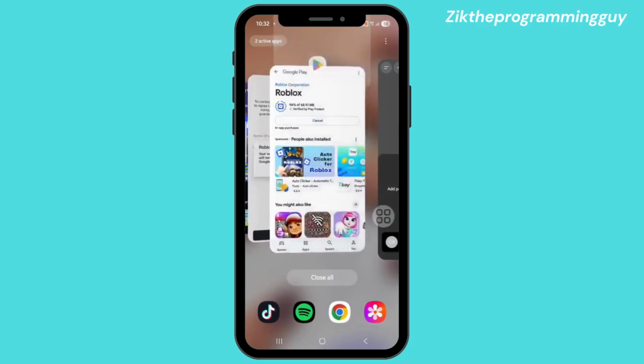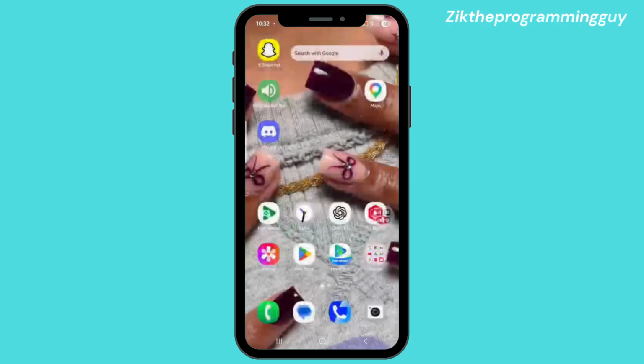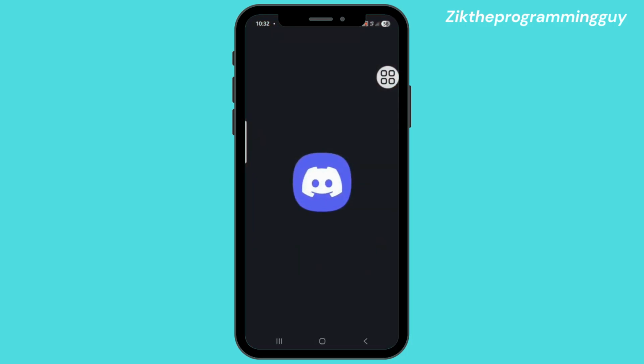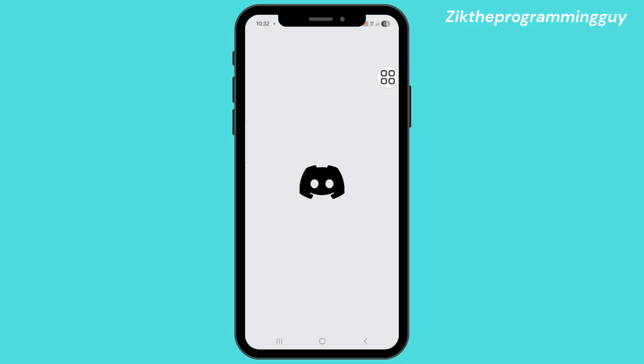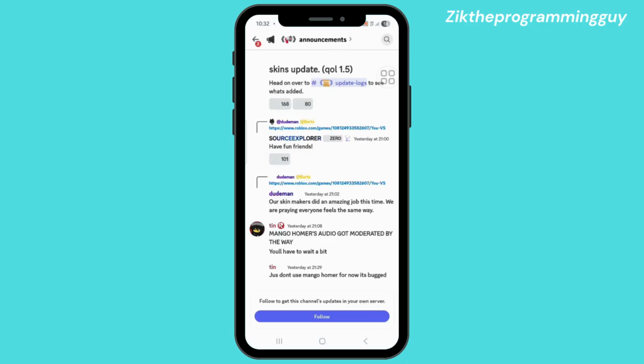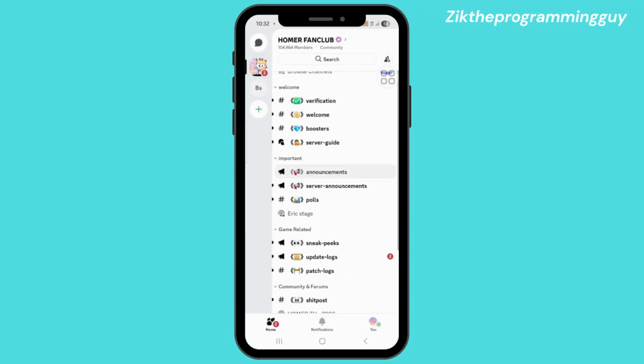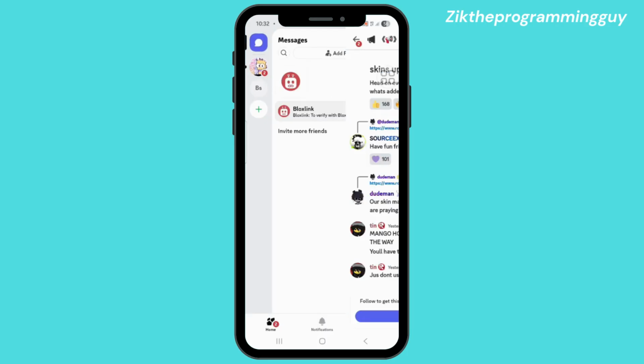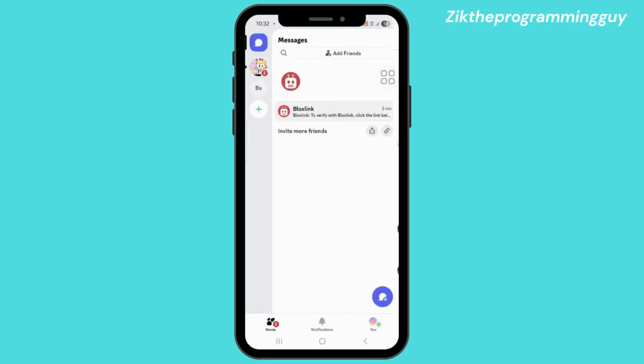In today's video I'll be showing you how to create a group chat on the Discord app. So the first thing you have to do is open up your Discord app, just like this, and click on this arrow. Once you click on that, you're going to see this message icon right here. Click on that. Once you click on that, you're going to see this icon of a plus sign right here. You click on that, and